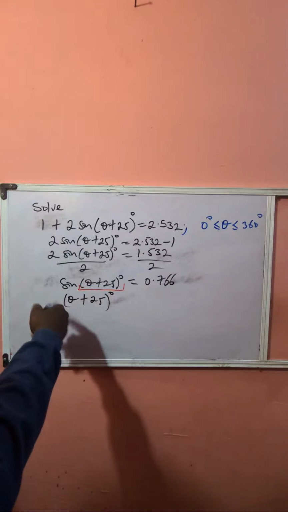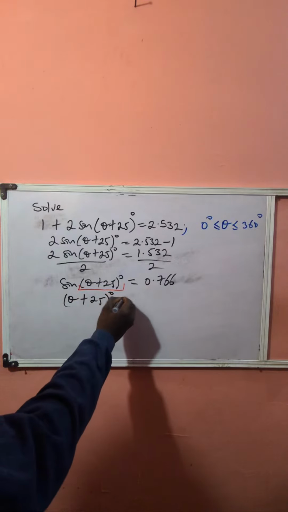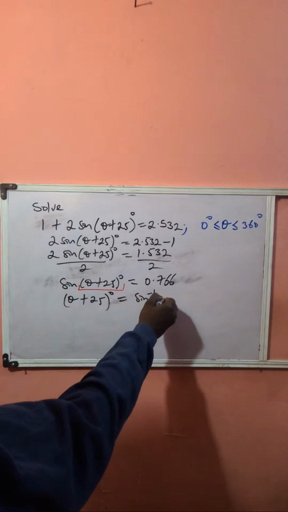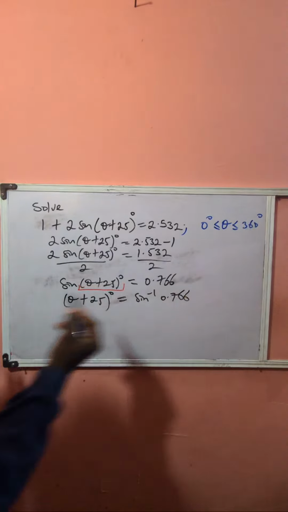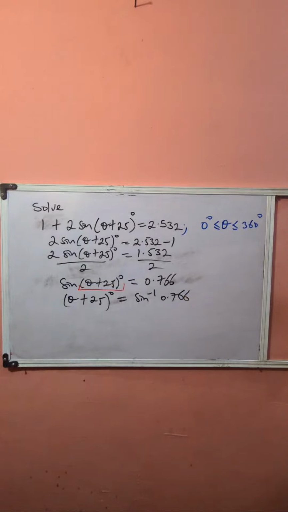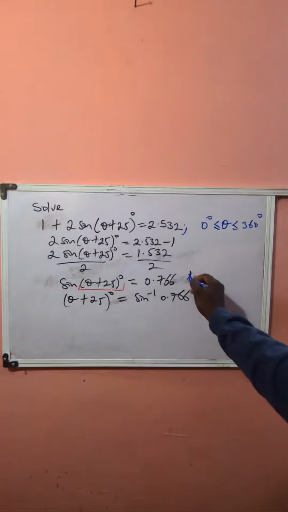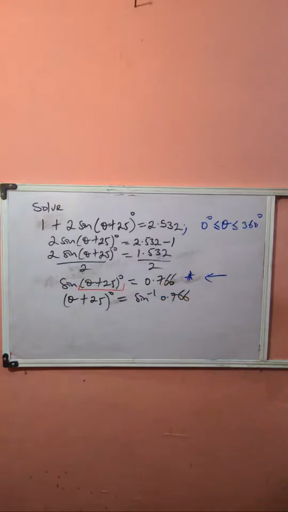Theta plus 25 degrees will be equal to arc sine 0.766. This is the logical, ideal way to go about solving this problem. Now, I remember explaining something around angle of any magnitude. And I told you that when you get to this particular step right here,